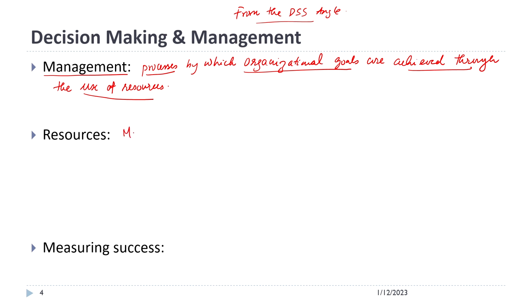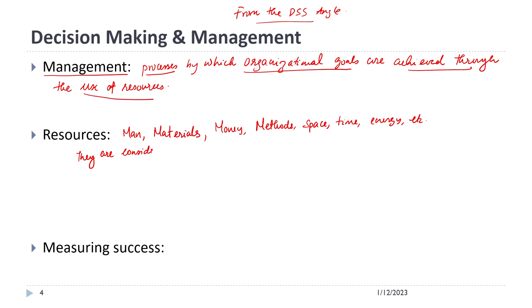You can think about it as manpower, materials, money, methods or processes. Then you can think about it as space, time, energy, etc. These are all resources, and why are they resources? They are considered as resources